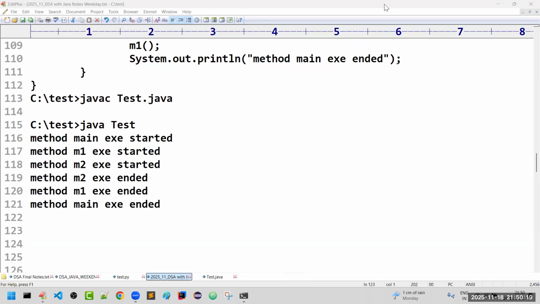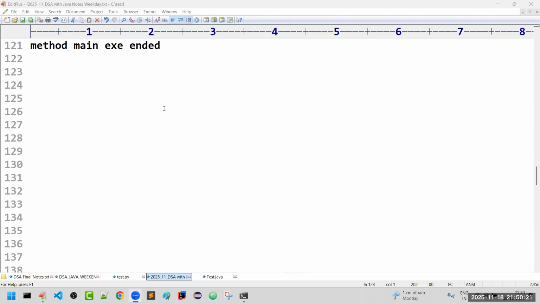Yes. Right, right. Sir, till now, whatever concept I explained is only related to how Java method calls happen internally. Now I want to conclude a few points about functions or methods.